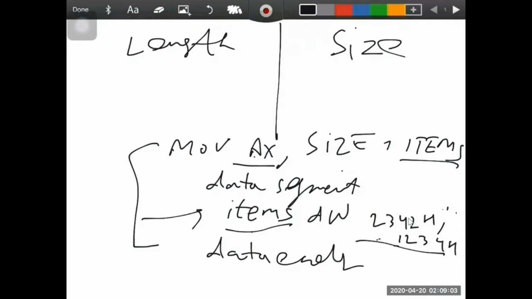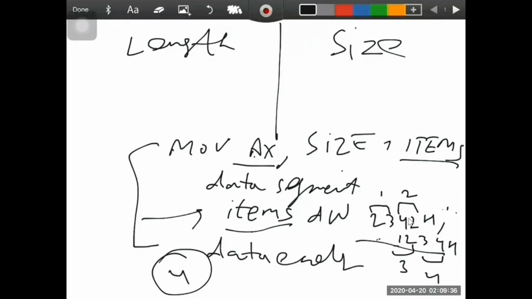Now what will size do? The directive size is the same as length, except that it returns the number of bytes allocated to the data items instead of the number of elements in it. So here we can say how many bytes it contains. We can see that 1, 2, 3, 4. So it will return the value 4.